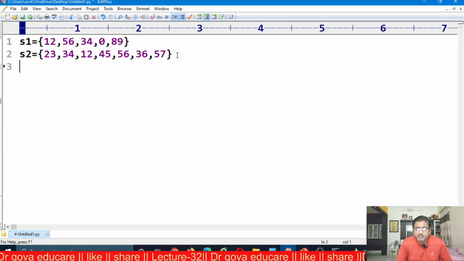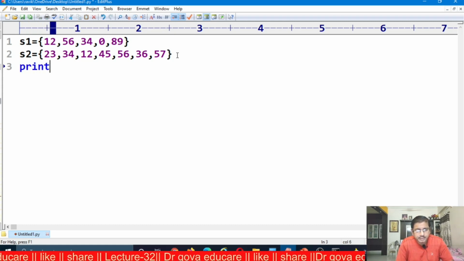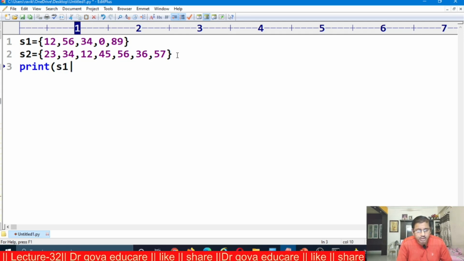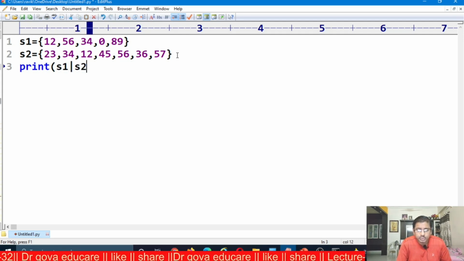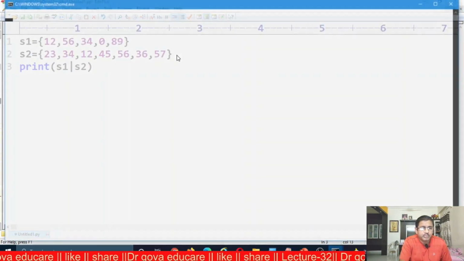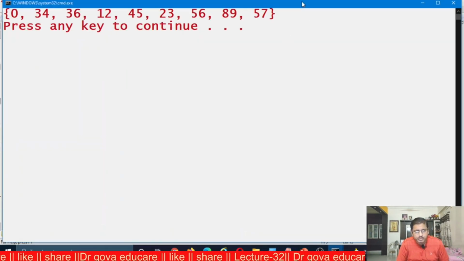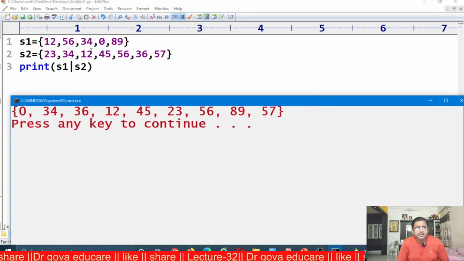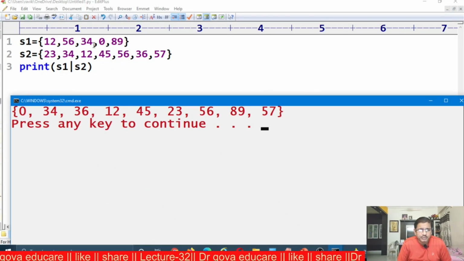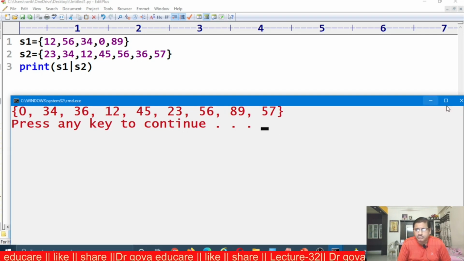I am using the operator: print S1 or S2. Now I am going to execute the program. Observe here, the common elements 12, 56, 34, and all the elements of the sets S1 and S2 will be displayed on the screen. Here the duplicate elements are not allowed.